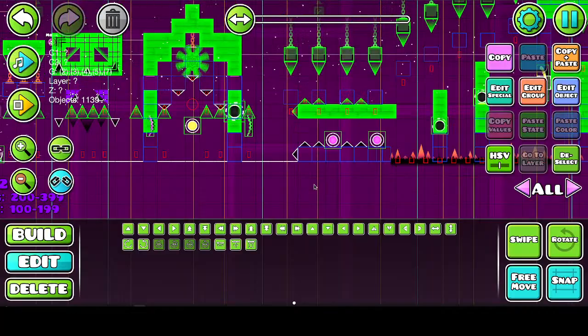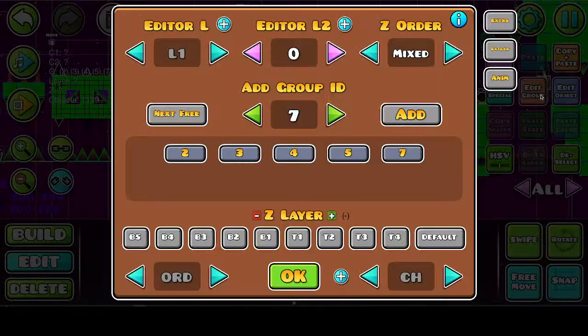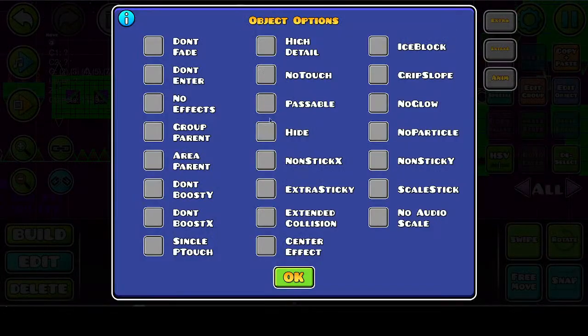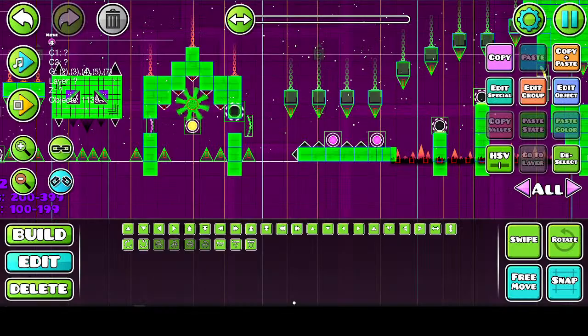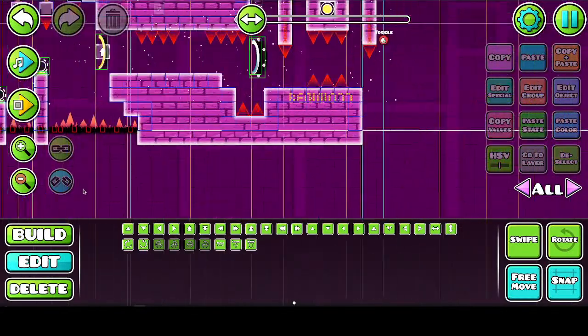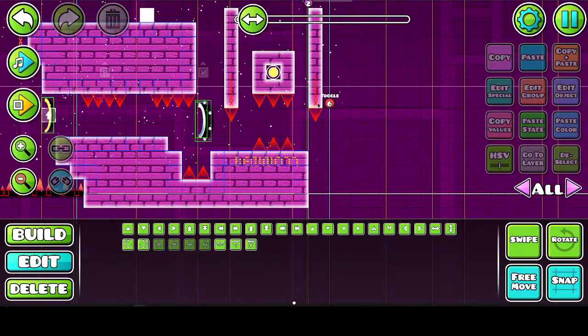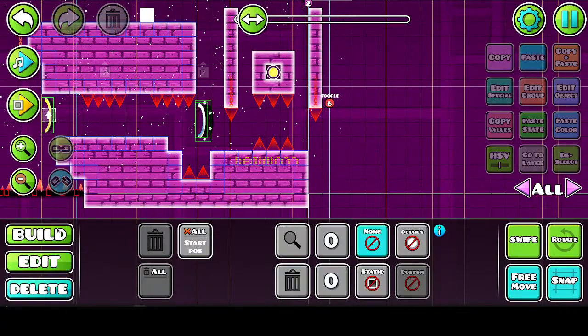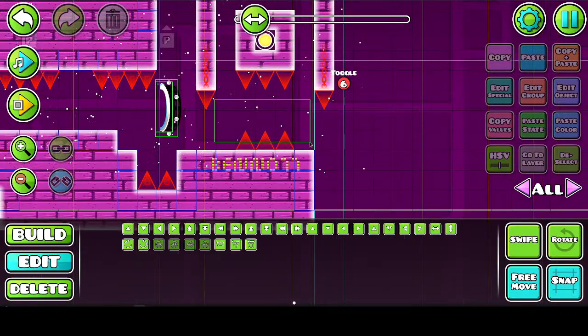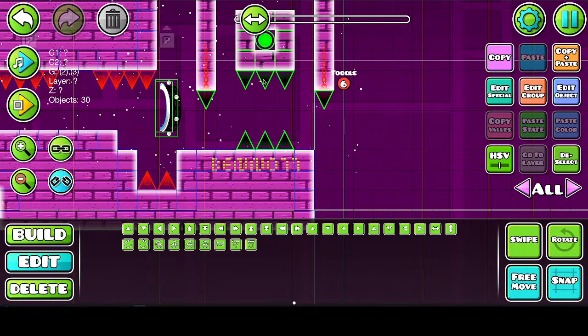You see, some of them have hitboxes. Now, none of them have the hitboxes. That does mean that these spikes lose hitboxes, but we can manually repair them